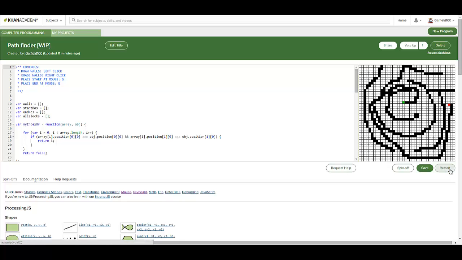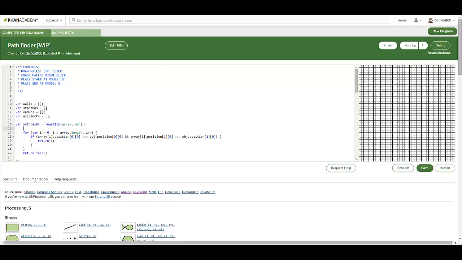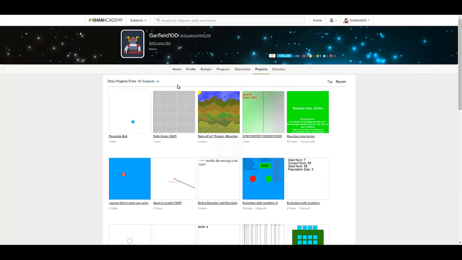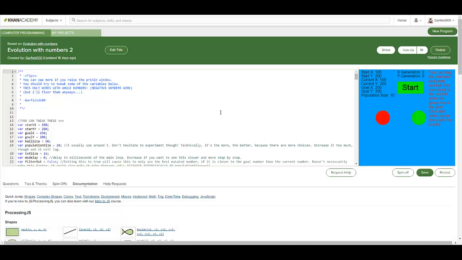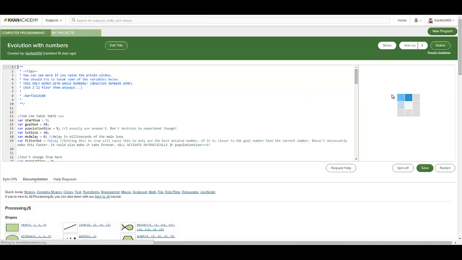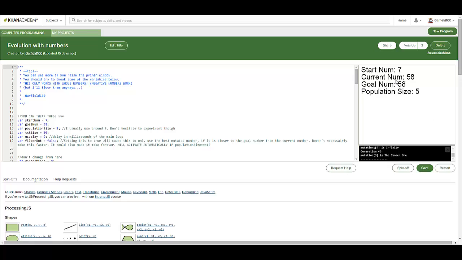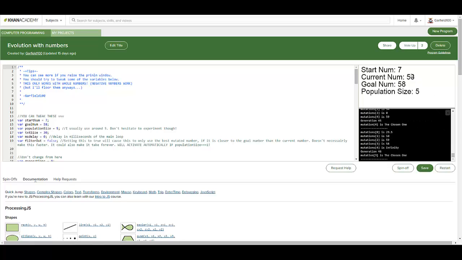And yeah, like I said, I'm working on that. It's a work in progress, like the title says. And then we have this quite nice evolution with numbers thingy, which basically, let me show you the other one first. This is literally just with numbers, and you can see that it starts with a certain number, in this case 7. You can specify this here, you can tweak these, see? It starts with the number 7, then if we scroll up this log here.